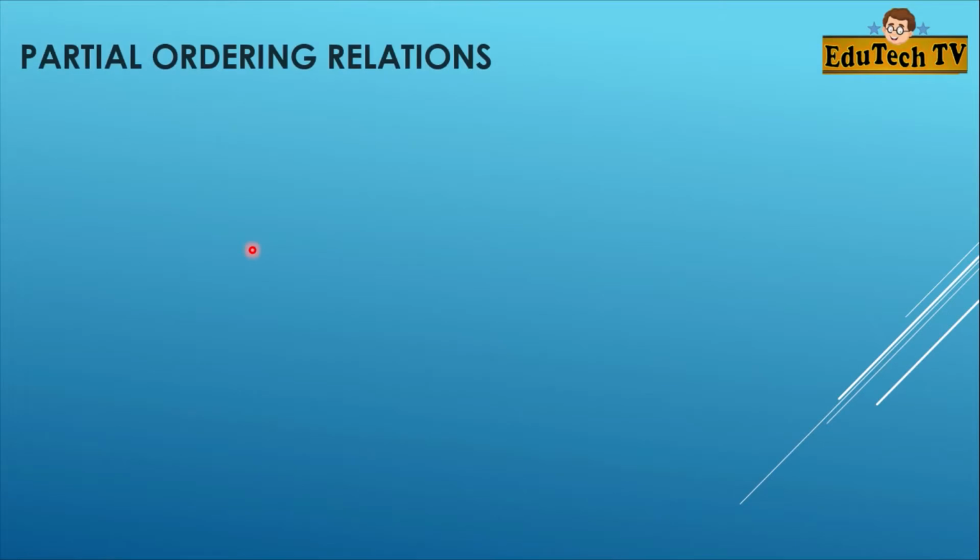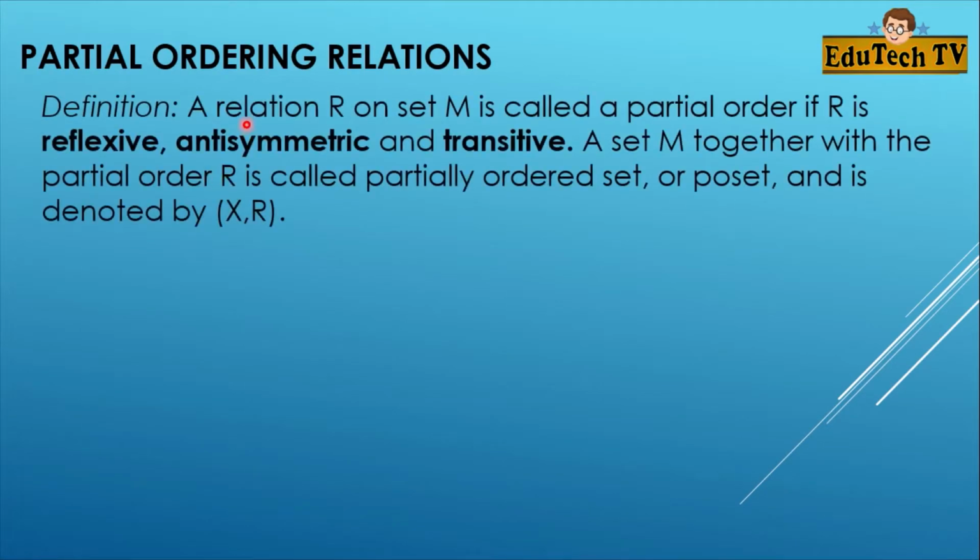Next, we have also what we call the partial ordering relations. So by definition, a relation R on set M is called a partial order if R is reflexive, antisymmetric, and transitive. Okay? So partial ordering relations. Ngayon, pagka pinagsama natin yung set M tapos yung partial order na R, then masasabi nating partially ordered set siya or yung tinatawag natin na poset. For example,